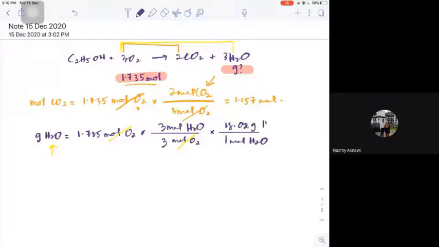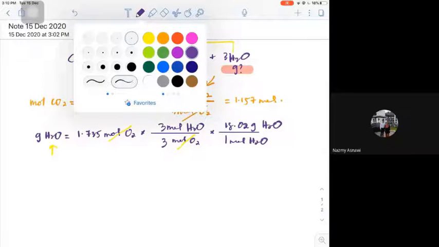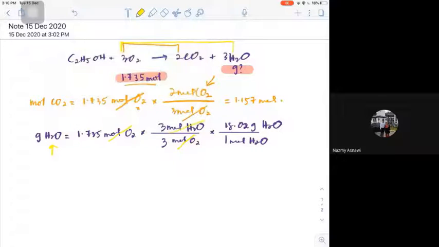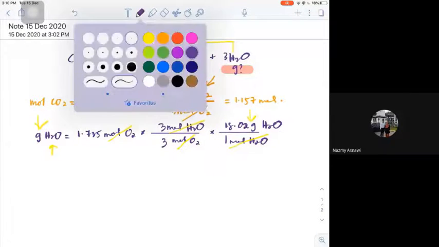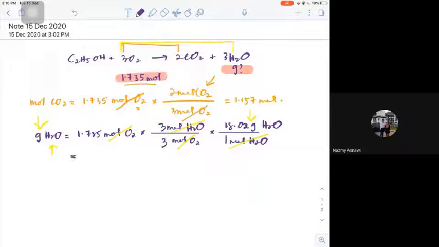18.02 gram of H2O. This is the molar mass of H2O. Kalau ada 1 mole H2O, kita ada 18.02 gram H2O. Okay, that is what we have behind 1 mole. That is explained by the value of the molar mass. Since gram of H2O is what we want, we cut mole H2O with mole H2O. This is the same as our desired unit, gram of H2O. Then this is the last step, press the calculator. You'll get the mass of H2O that will be formed is equal to